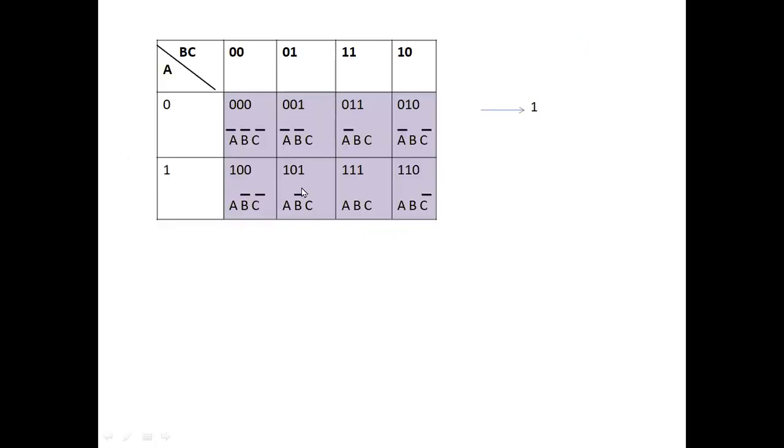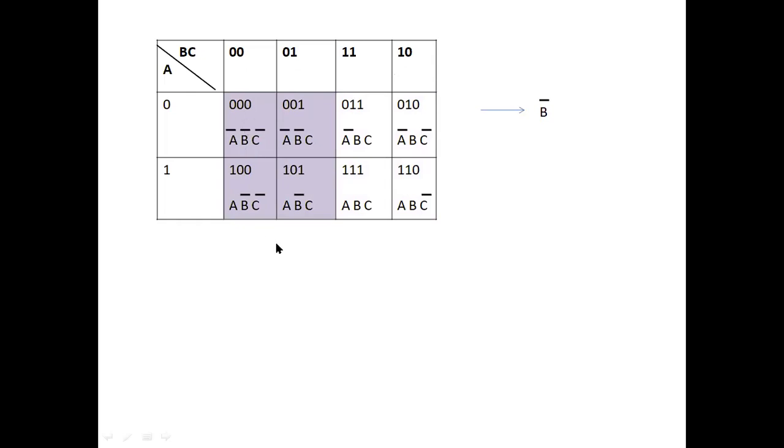How to make groupings? We have to first look for whether all the cells are grouped or not. If all the cells are grouped, then the solution is simple, that is 1. If it is not possible, you have to look for the next alternative, that is 4 cells grouping. 4 cells grouping can be performed this way. I told you already, you can fold and you can have the common similarity. So this column and this column you can join, fold, and take the common term out of it. I'll tell you how to write the solution for it.